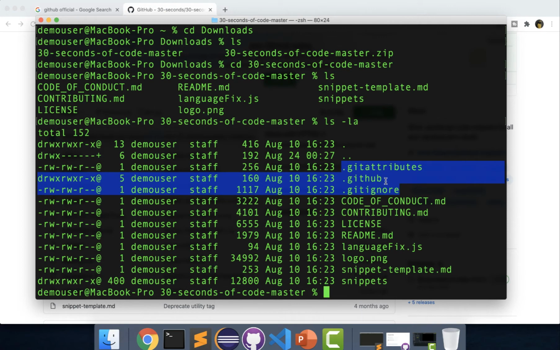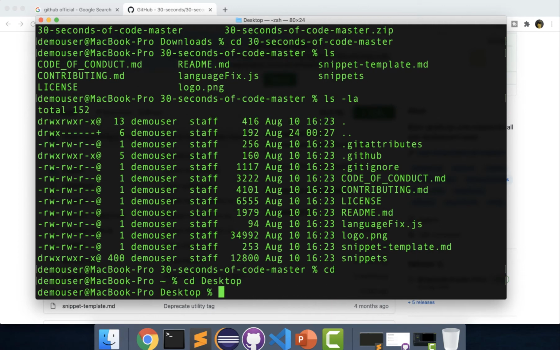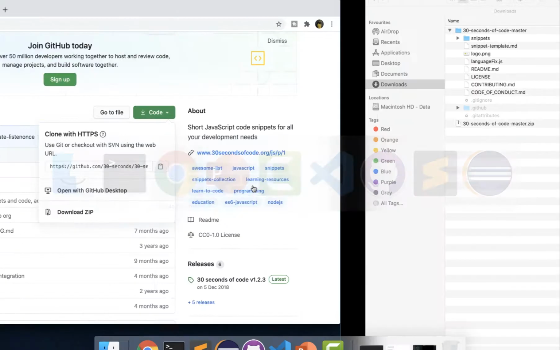In case of download, you cannot find a .git folder, which is a problem for you, because if you want to make some changes, it will be a problem. That is why it's not recommended to use the download option for a Git remote repository. It's better to use clone. Now we have seen what happens when we use the download option. So I'll go back to my desktop and try to clone this particular repository.